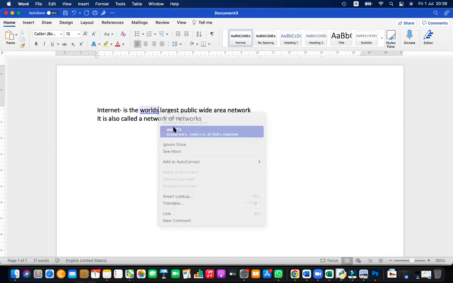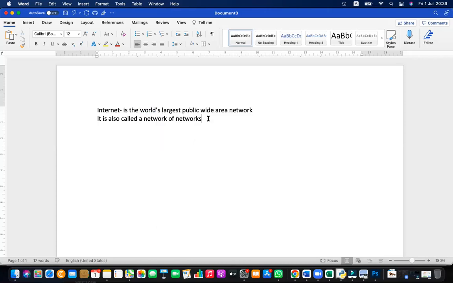And not only that, it provides infrastructure for many services. So what are the services?